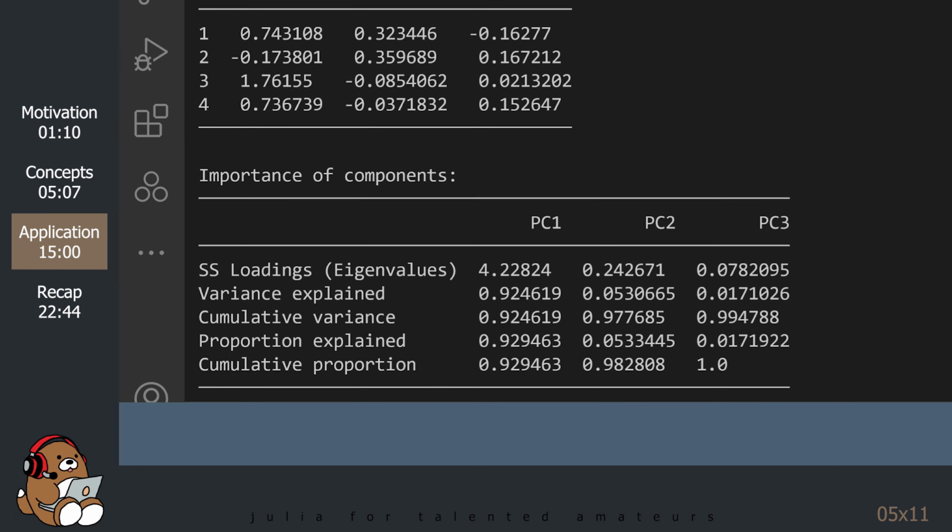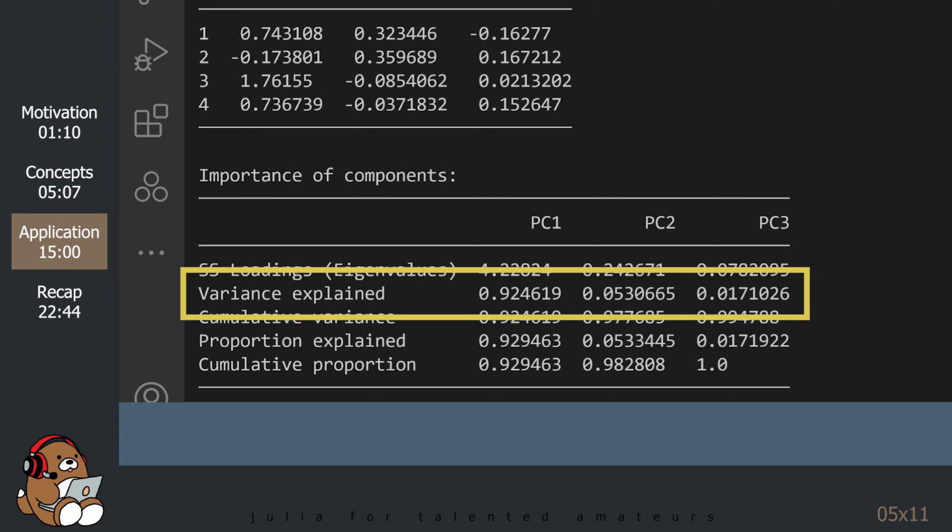The bottom section, titled Importance of Components, shows how much of the information from the original dataset has been retained by each of the principal components. This is another confusing table, but there are only a few important numbers to look at. Look at the second row called Variance Explained.